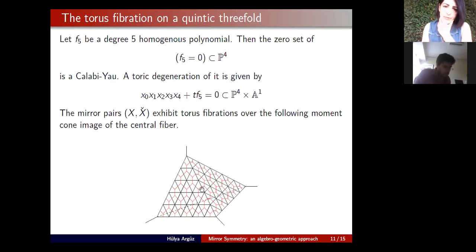And the discriminant locus is one-dimensional, which looks like this, which is given by a graph. There are 4 more copies of such things which are mutually glued along each other. So I drew these small edges going out of here, which means that these small edges are actually edges that are part of the other tetrahedra. So this is one tetrahedron in the middle, and there are 4 more glued along each other. And this is the base of a torus fibration on the quintic threefold we obtain.